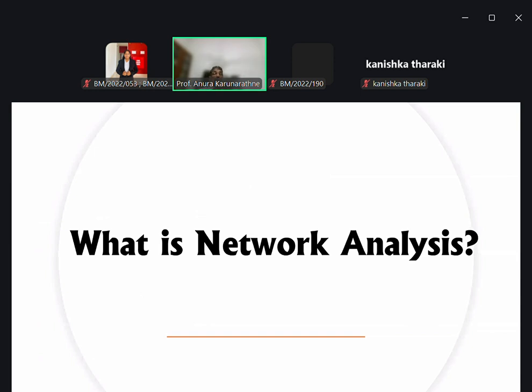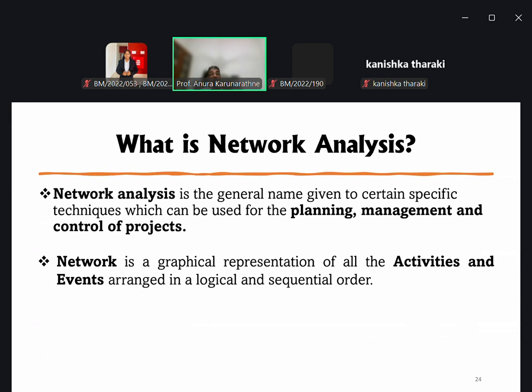Then now we can move to our topic, right? Up to this point, actually, we discussed the key steps, key tasks behind the project, right? This is the key topic actually, network analysis. What is network analysis?